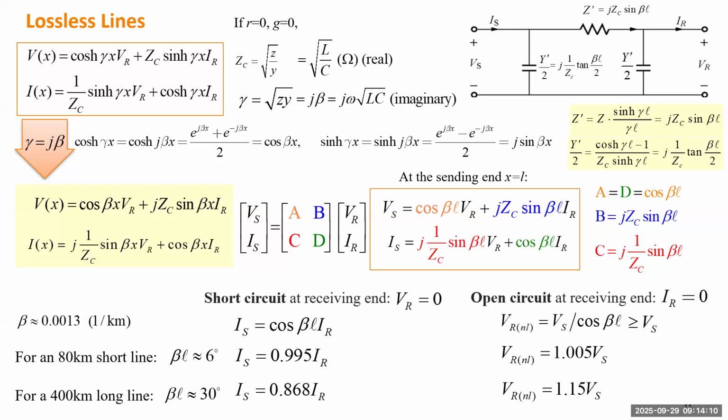So this slide is talking about the long line model, but long line model is considered as the most accurate model. It's not just applied to lines which are very long. It actually can be applied to any short line or medium line. Just for short line, medium line, we have a simpler model. So we don't have to utilize this model. So for instance, if the line is very short or shorter than 250 kilometer,